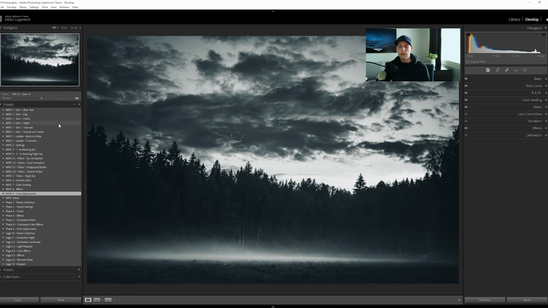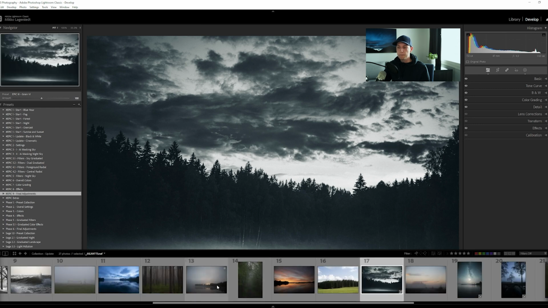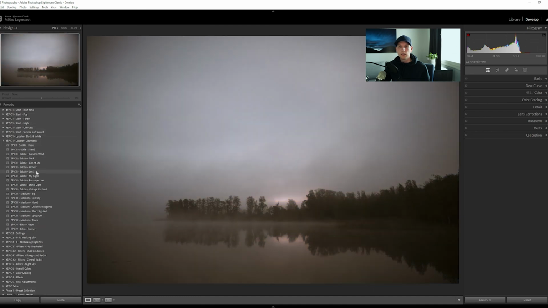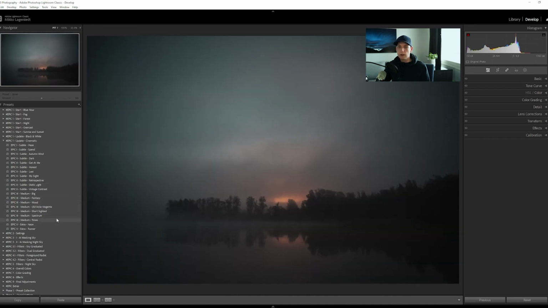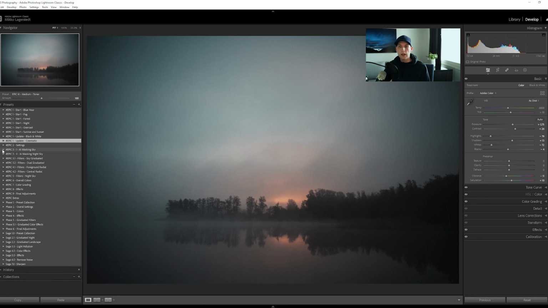All right, let me see if we can do another one, perhaps something cinematic like this, Misty Morning. And let's go to the cinematic presets. All right, let's see if we can choose one presets here. Let's choose the tones one and perhaps get slight bit of exposure in the image. And then we can go to the AI masking, perhaps darken the sky a bit,